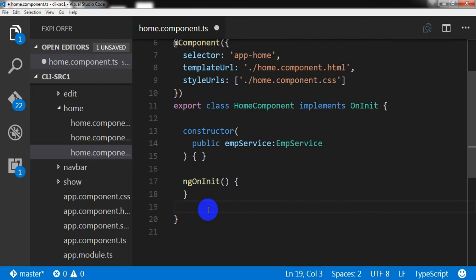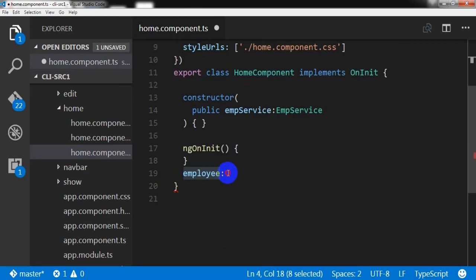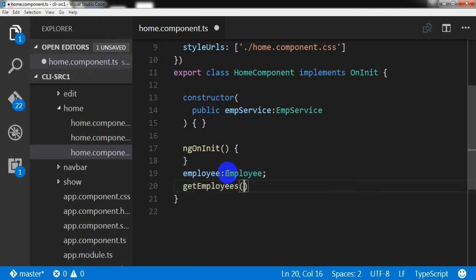a variable employee of type Employee, and I'm going to create a getEmployees method to retrieve the data from the MongoDB database. Let us do it. getEmployees,